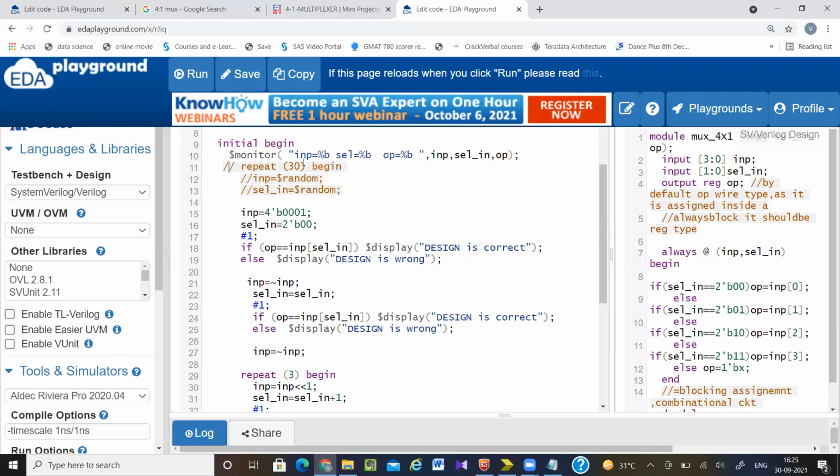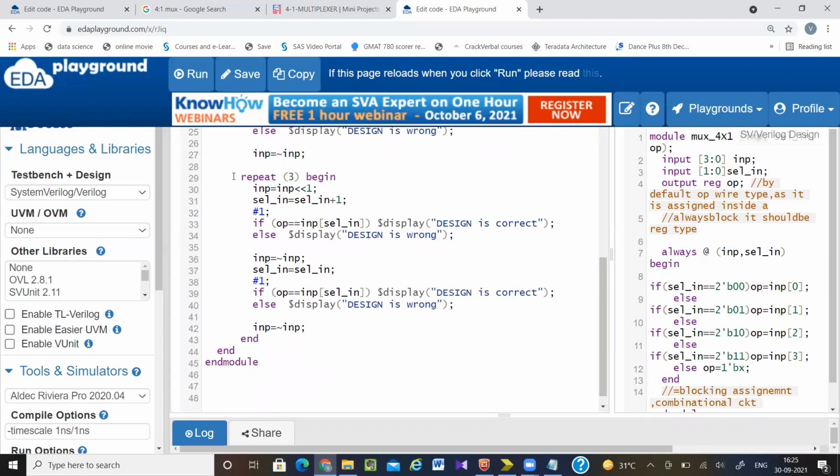But if you are writing 256 or 1024 or more than that, then checking all the possible combinations will be difficult. It will unnecessarily take so much simulation time. So you just have to think what are the possible values that I need to check. These are the possible values I must check. If I'm not checking these things, then I cannot be sure that my design is correct. So I have to generate the values like that only.